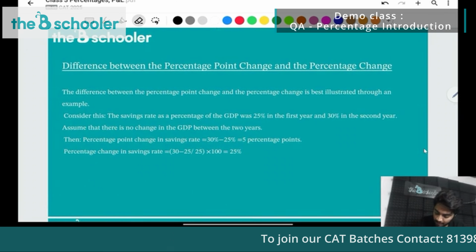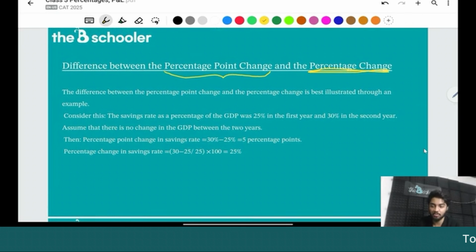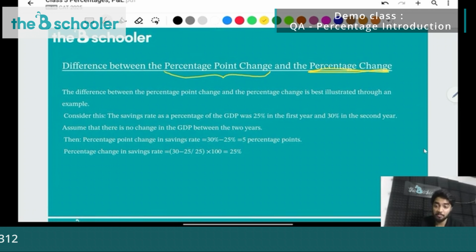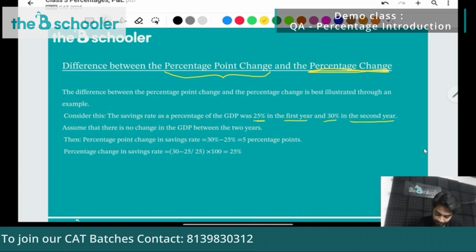Percentage change, we already learned. We already learned percentage change, which is the change divided by the initial value into 100. Now there is one more similar term which might be confusing at times, so you should be very careful when you read the question. That is percentage point change. That means, what if the initial values were already in percentages? If you read this example, the savings rate as a percentage of GDP was 25% in the first year